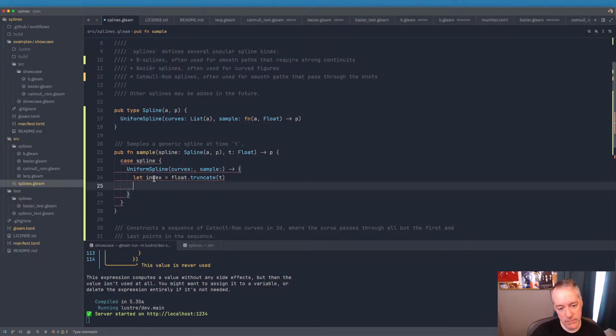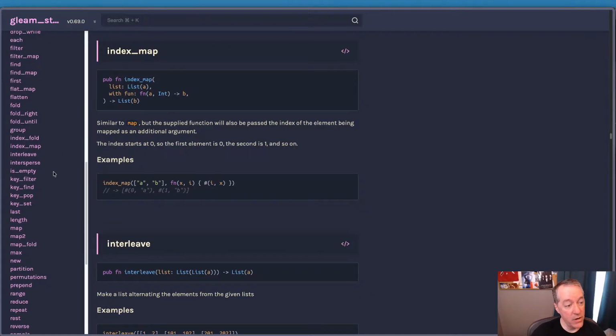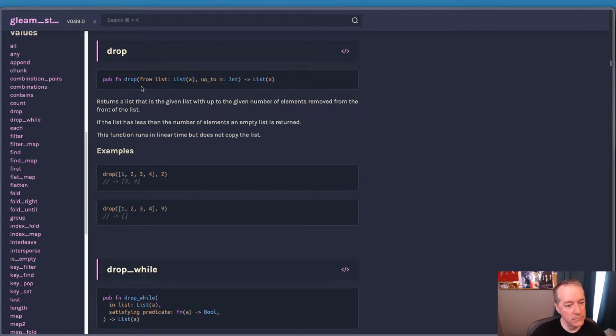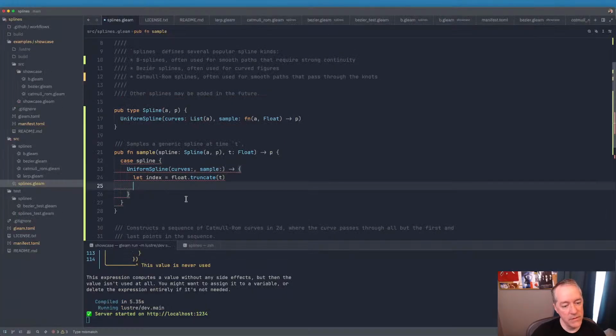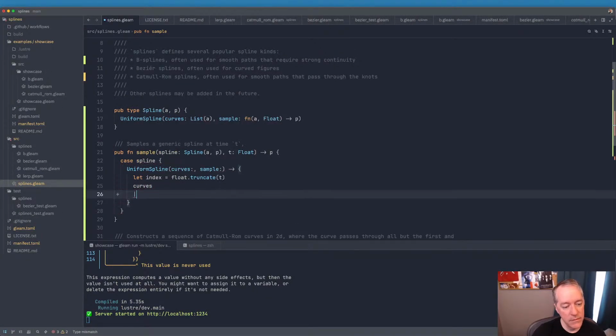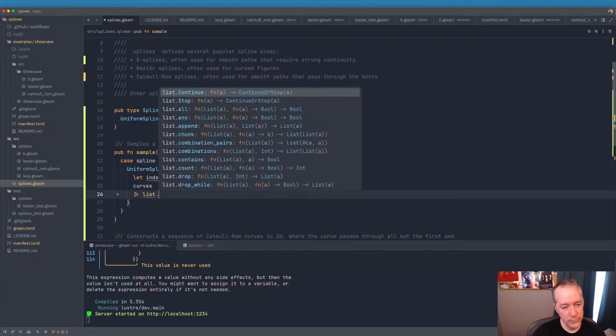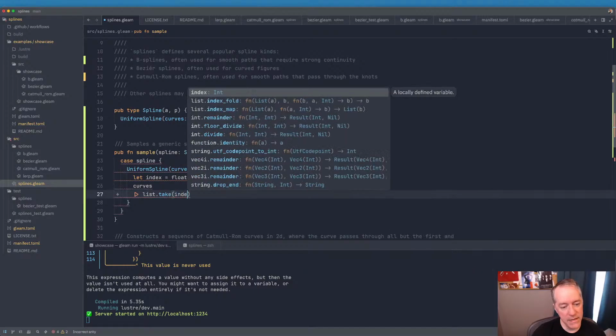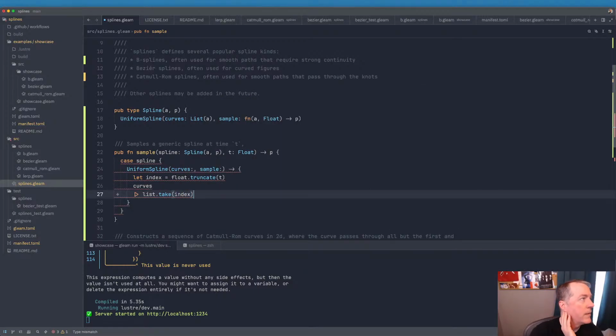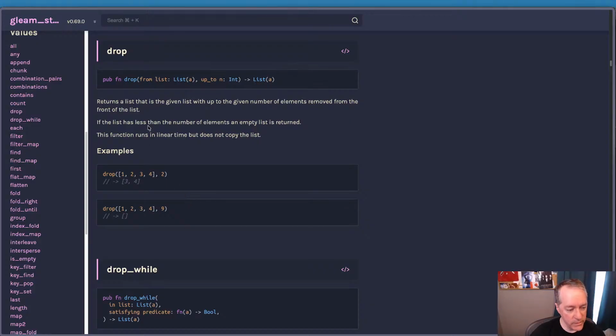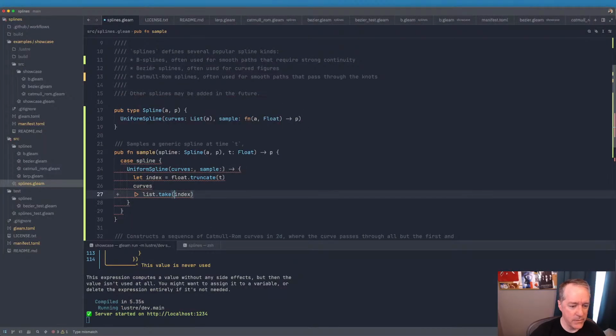So if we take 0, or rather drop is what we want. So let's say curves, we want to take that. So that would, for 0, or not take, we want to drop. For 0, we'd still be left with the original list, and we'd get the first one. For 1, for anything